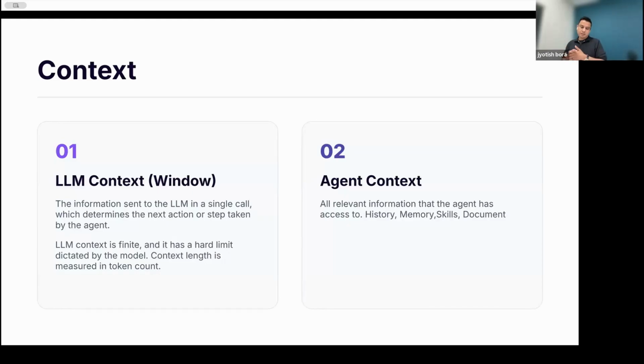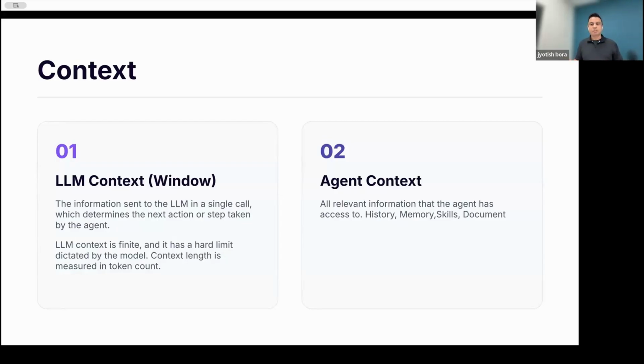Versus the agent context. You have an agent which is interacting with the LLM. The agent is doing a lot of things; it's solving a domain problem, a complex problem, so it needs a lot of information. As agents get more complex, doing very involved work, they hold all the conversation history and the memory, the things they have remembered across conversations,